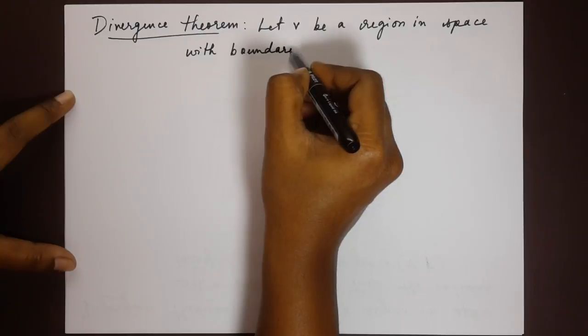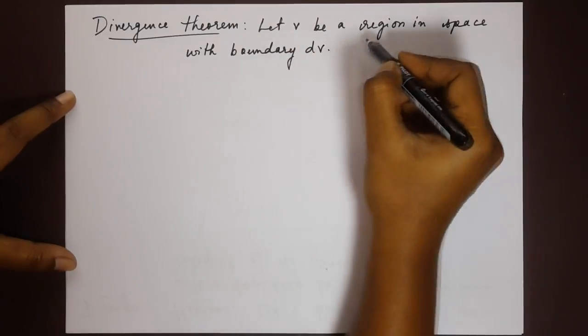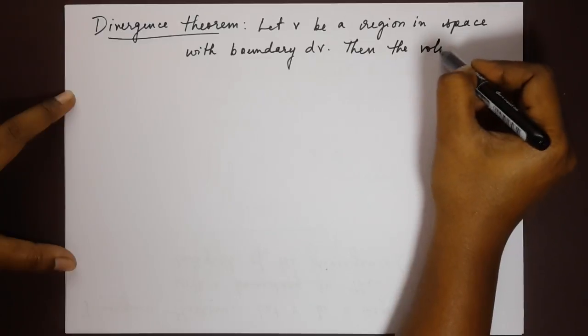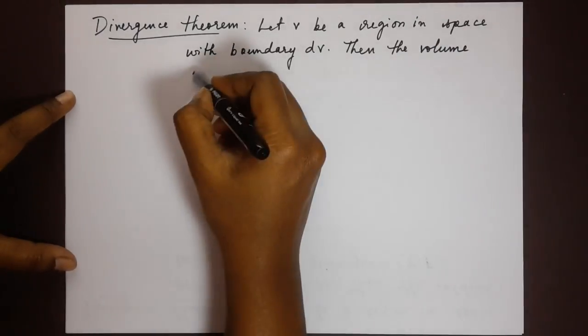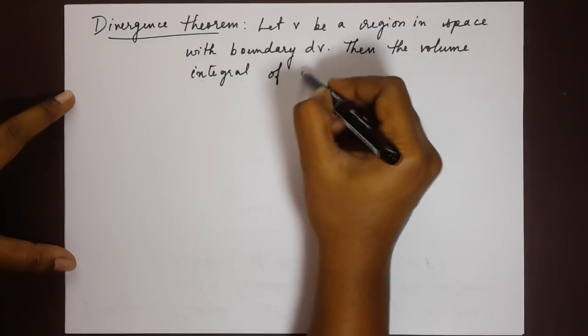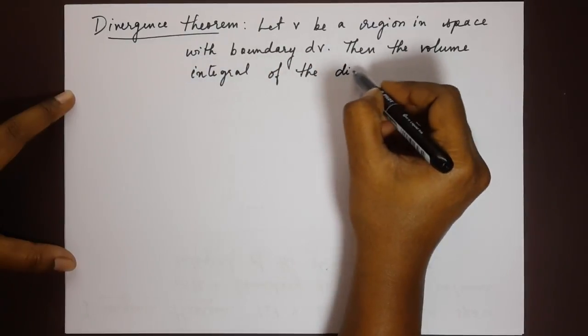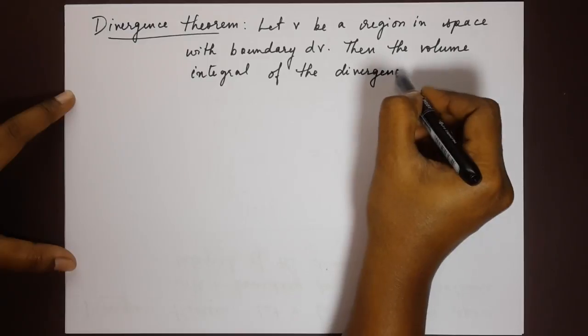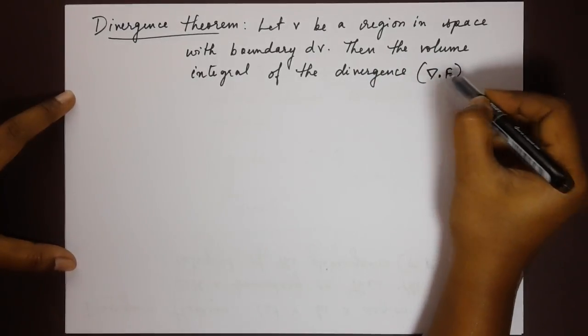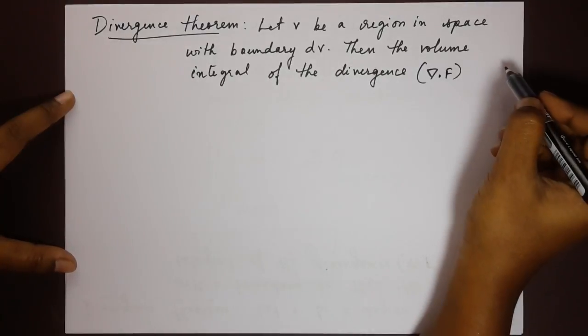Let's call that boundary dV. Then the volume integral of the divergence. Now the divergence is actually del dot F, dot product between delta and F